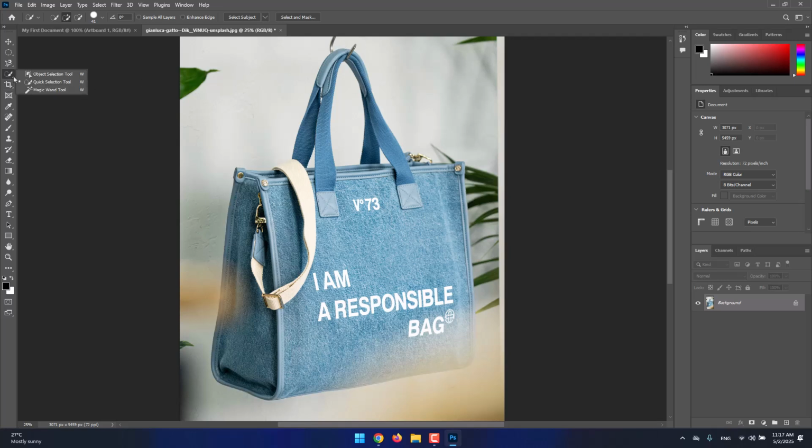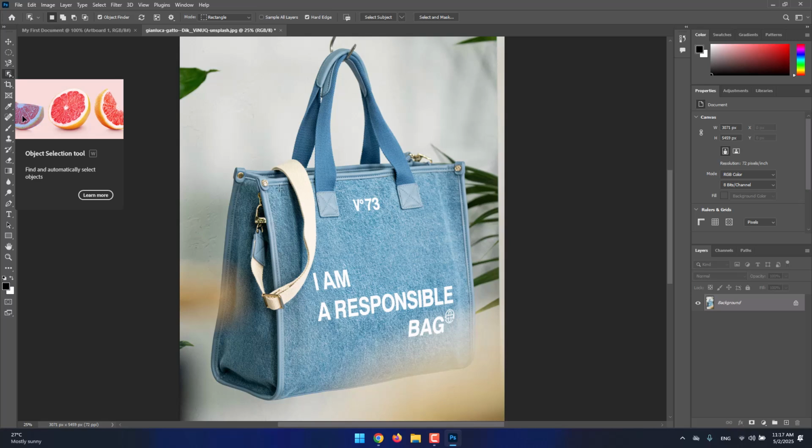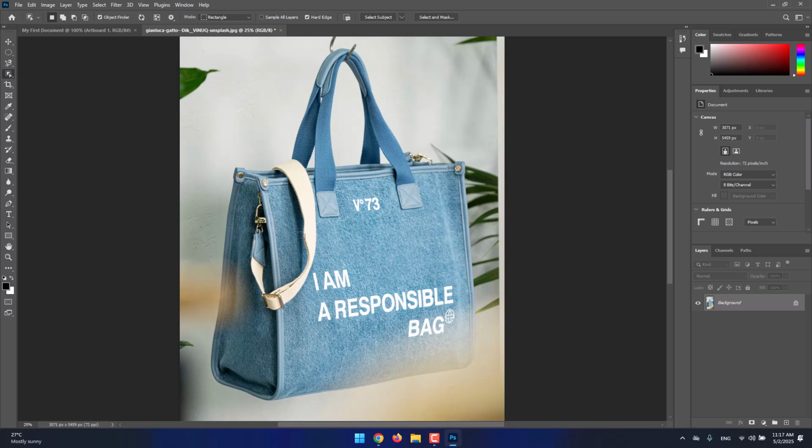and go to the next tool that we have over here, which is the Object Selection Tool. The Object Selection Tool is a very new one inside Photoshop. This is actually also very cool. I really like it. So how the Object Selection Tool